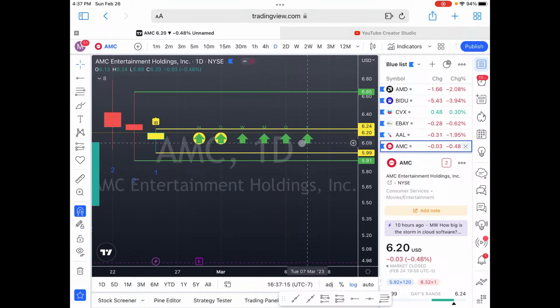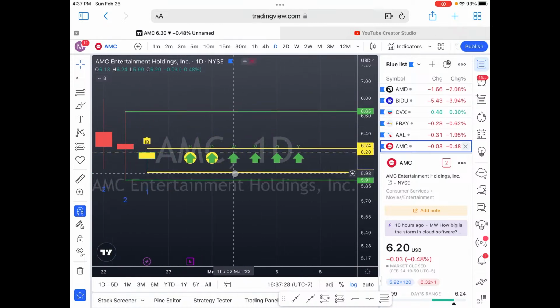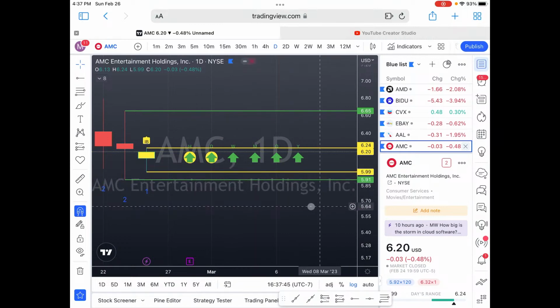So this is very important, and a lot of people don't talk about timeframe continuity, but this is telling me that there are buyers right across the board on AMC, on every time frame: the year, quarterly, month, weekly, daily, hourly. There's buyers here. Okay? So this has a potential to move back up, or a higher probability to move back up. So we're going to look for calls at $6.24. We've got good magnitude at $6.65 to the upside,